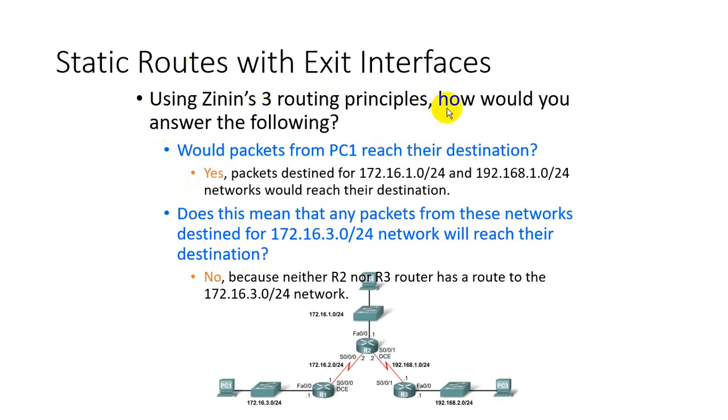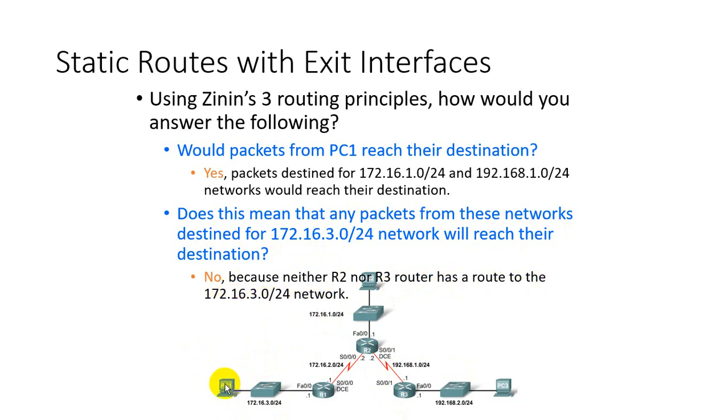Using the three routing principles, how would you answer the following question? Would packets from PC1 reach their destination? Yes, packets destined for the 172.16.1.0/24 and 192.168.1.0/24 networks will reach their destination. Does this mean that any packet from this network destined for the 3.0 network will reach its destination? No, because neither R2 nor R3 has a route to